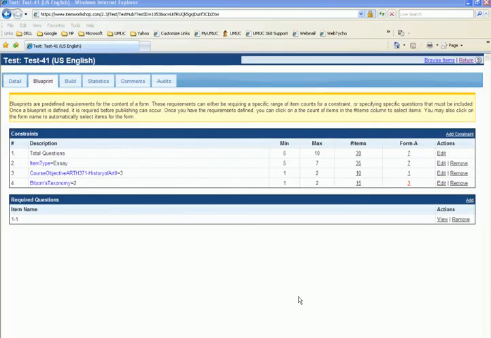The next step in the process is to review your blueprint and remove any extra items that may be on your exam. As you can see under Form A, the fourth constraint has a red 3, which means we have one extra item for the constraint on the exam. So to review those questions, you click on the red 3,